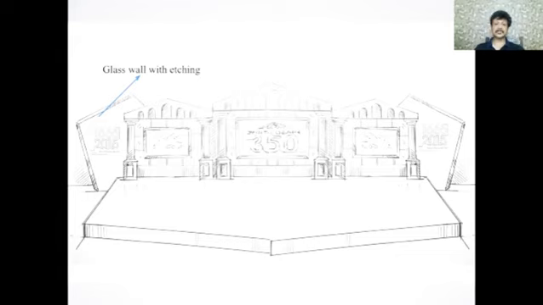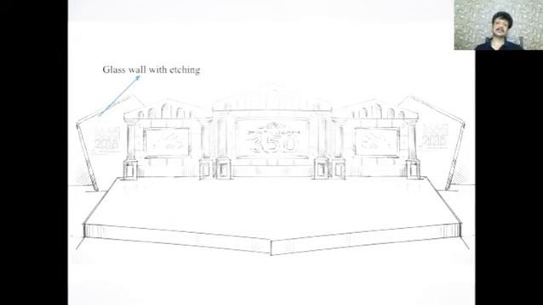Going with the initial sketches, the initial pencil sketch or a draft for your event. As you can see in this layout, 1665 to 2015, 350 years of the organization, which we have shown in different parts of the staging. You can see in front there's a stage, there's a backdrop, there are side walls, and there's an LED screen. So this is what we created.